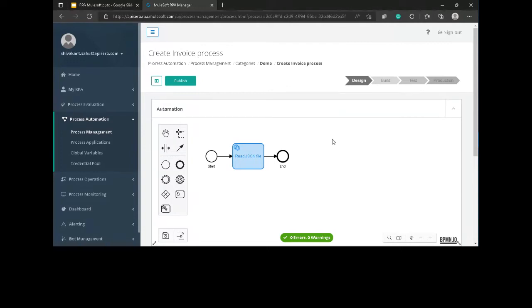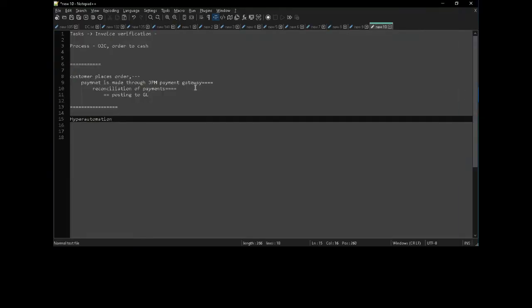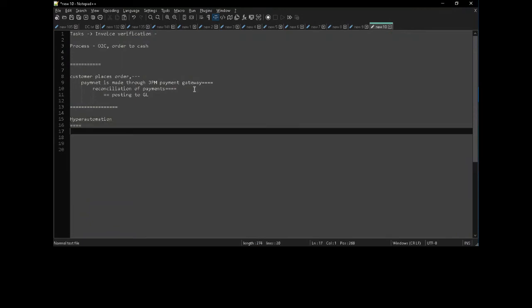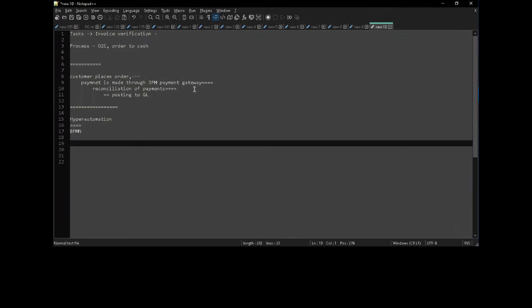How many of us understand what a BPMN is? What do we mean by BPMN? It is related to business process modeling network. Yes, that's correct. Business process modeling is where you take a process and you model it.